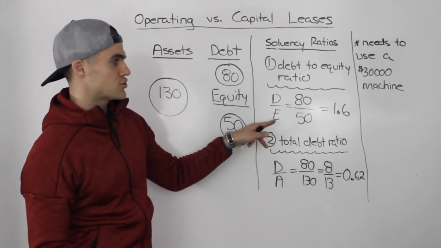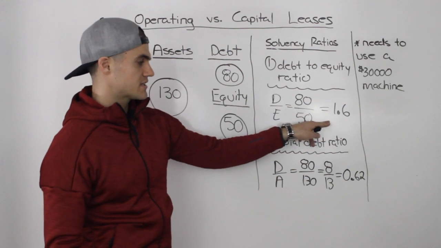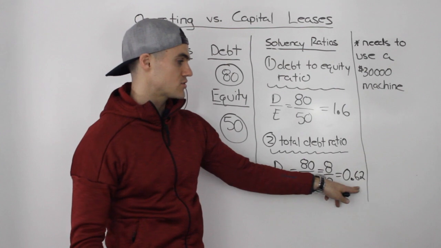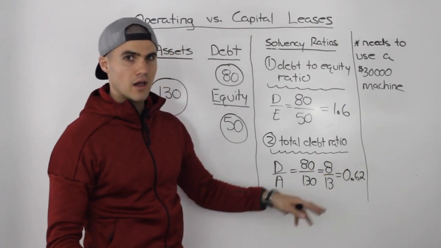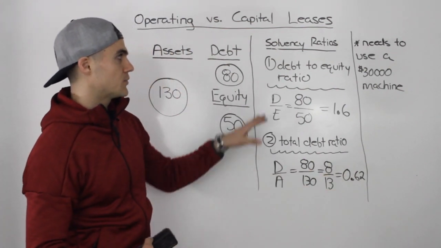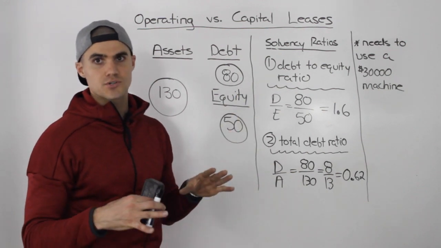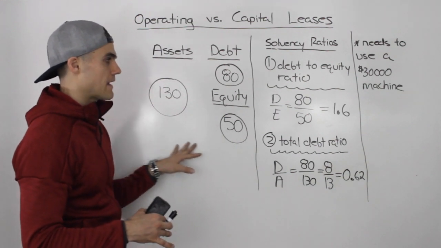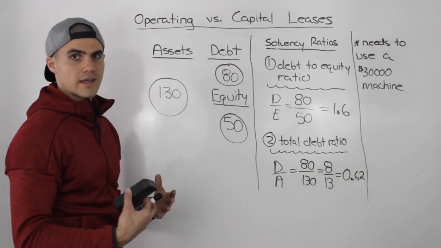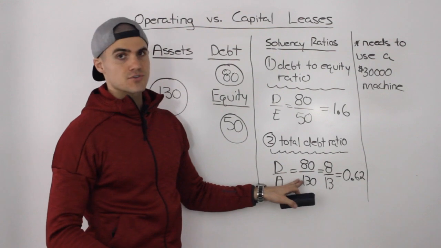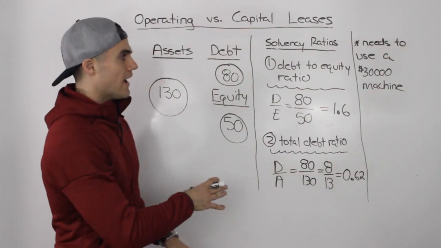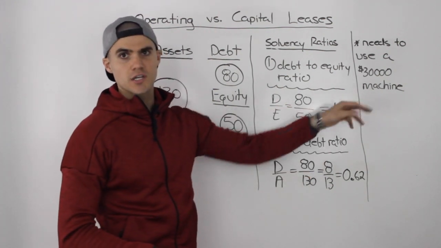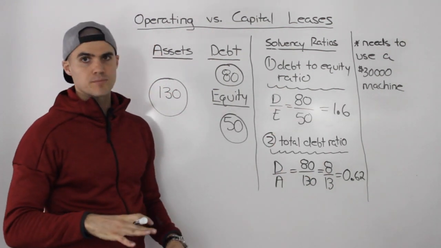The debt to equity ratio went from 1 to 1.6, and the total debt ratio went from 0.5 to 0.62. And that's not a good thing, because you want to try to keep the solvency ratios low. The lower the solvency ratios of a company's balance sheet, the more healthy it is. And because these ratios went up, buying this asset, buying this $30,000 machine, may not be the best option for